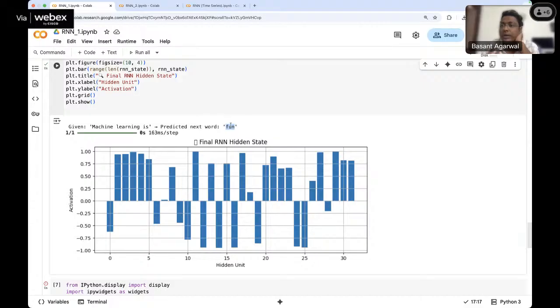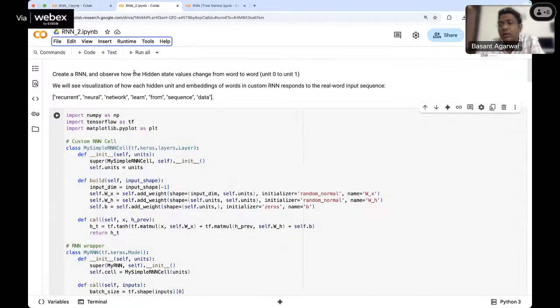Just take your data, create your own network, make it more complex, and then train it based on your problem. Okay. Now we'll just quickly see another small script in which I just wanted to show you how the hidden